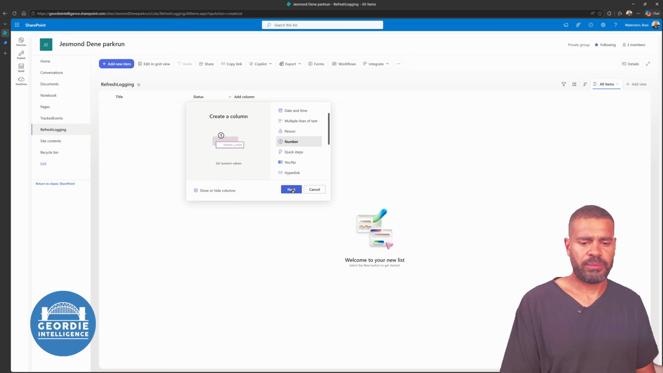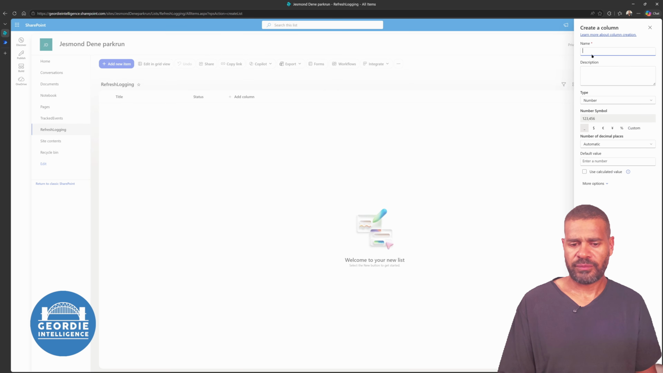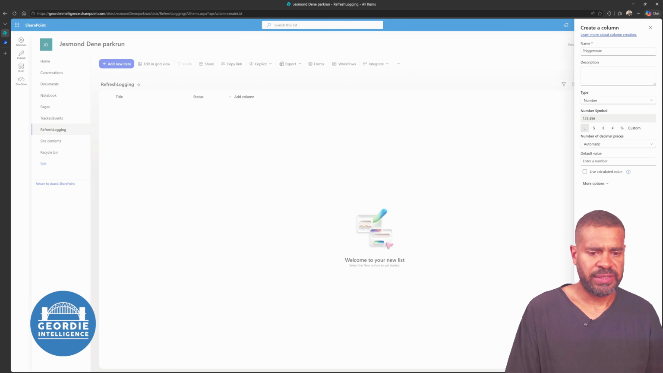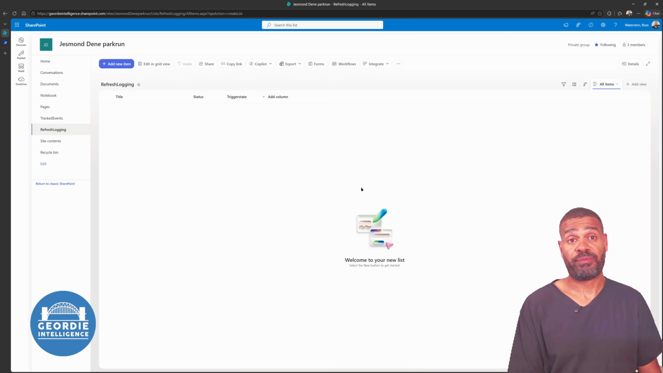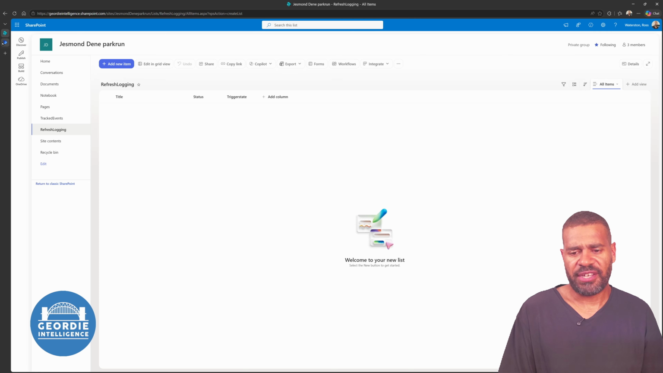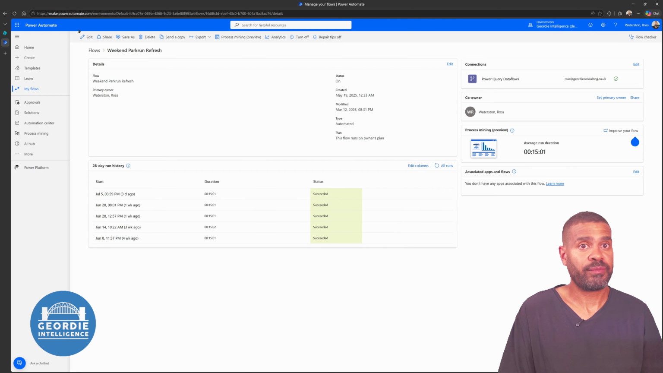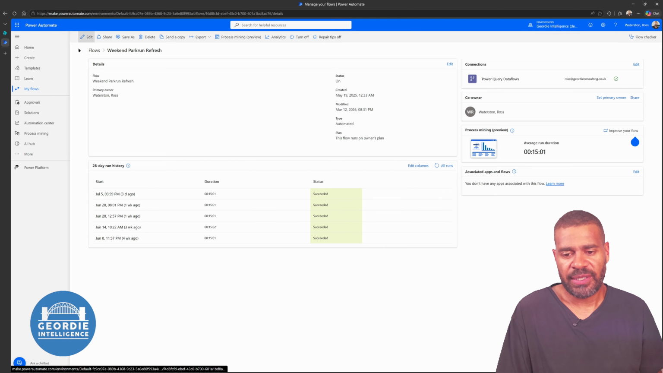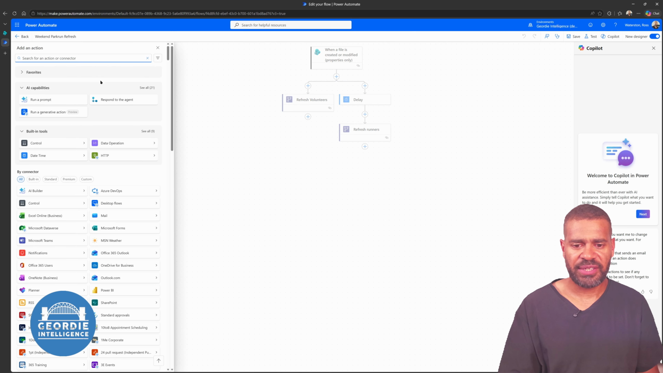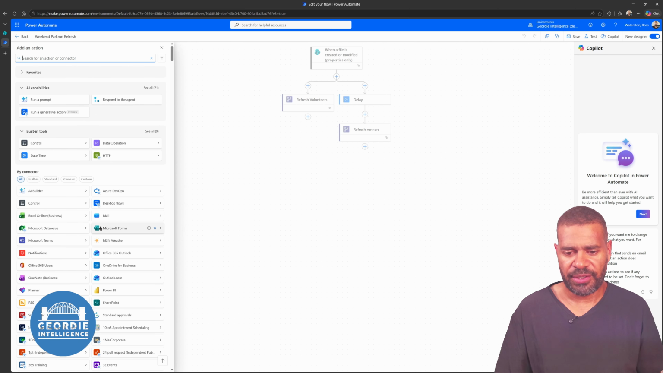Let's put in a number. Trigger state. You've got the picture, haven't you? So we create a SharePoint list. What we can do then is come back to our data flow. This time we'll go in, edit here. We're going to create this, and under SharePoint,